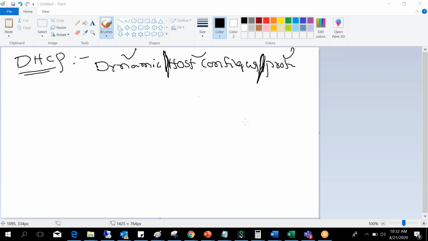If I want to communicate with any device, I must have an IP address. So what happens the first time I connect my system to the network? My system,